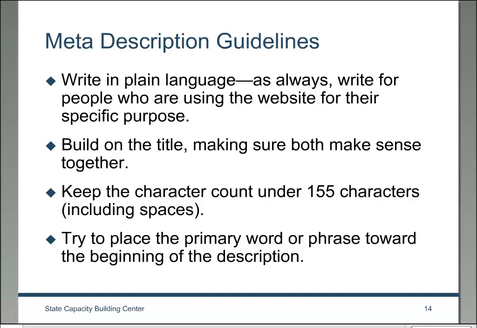Typically, one of the problems a lot of folks have is their meta descriptions are much longer than that. They get cut off. They don't get completely crawled, and they're just way too long. So you want to keep them under 155 characters. And again, if somebody's not going to read the whole description, make sure that the beginning of it has the primary words and phrases in it, so it's easy for people to scan through, and they'll be more likely to click on that link in a search engine results page.